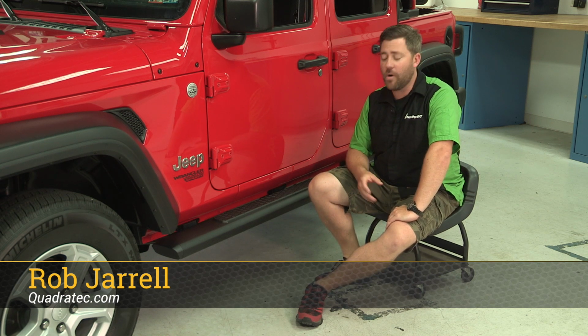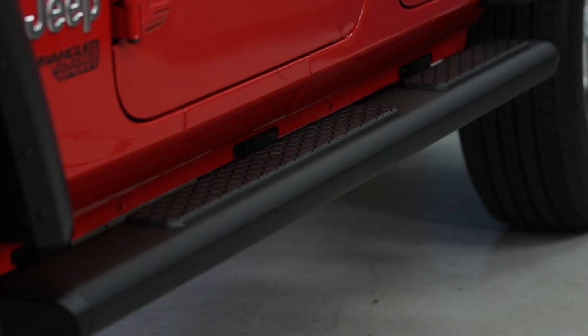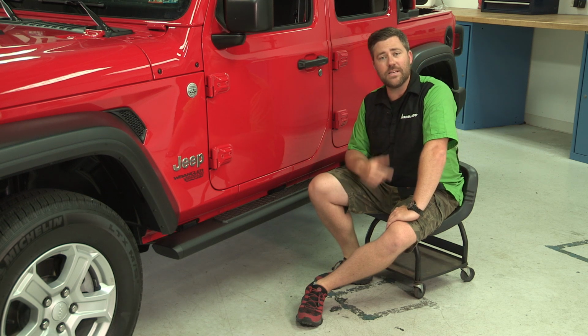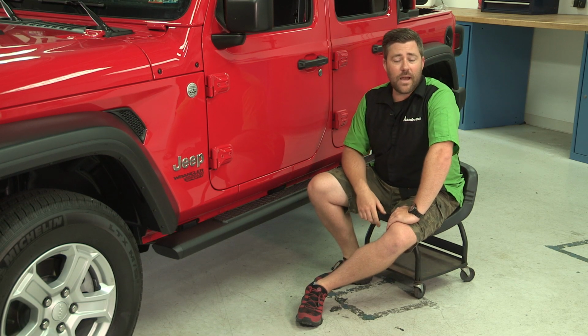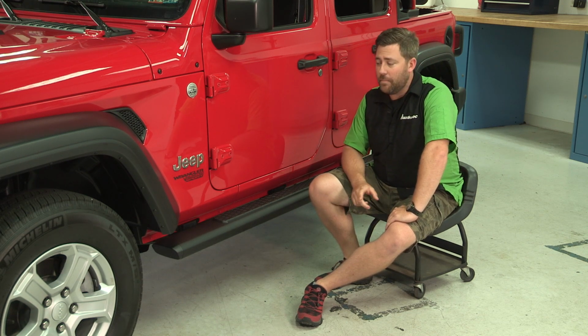Today we're checking out the Mopar Tubular Style Side Step, available for the 2018 and newer Jeep Wrangler JL. Now, whether your Wrangler came from the factory with the production style plastic side step or no side step at all, adding the aluminum tubular style side step to your Wrangler is a great upgrade you can make that will not only make getting in and out of your Wrangler easier for you and your passengers, but because they extend